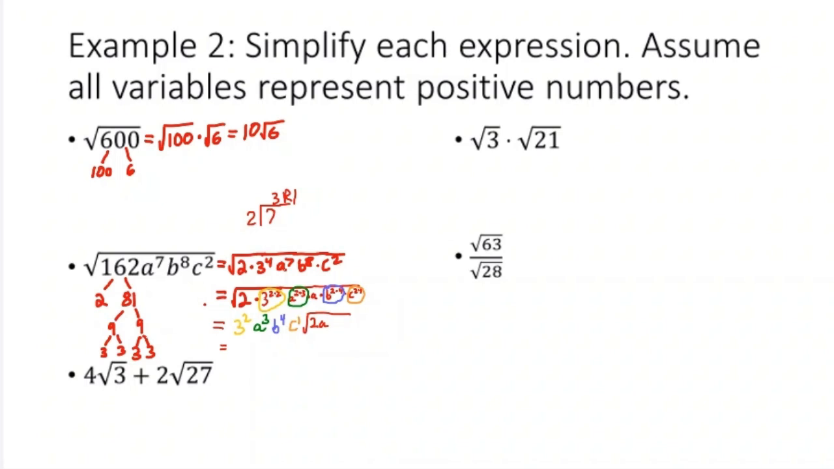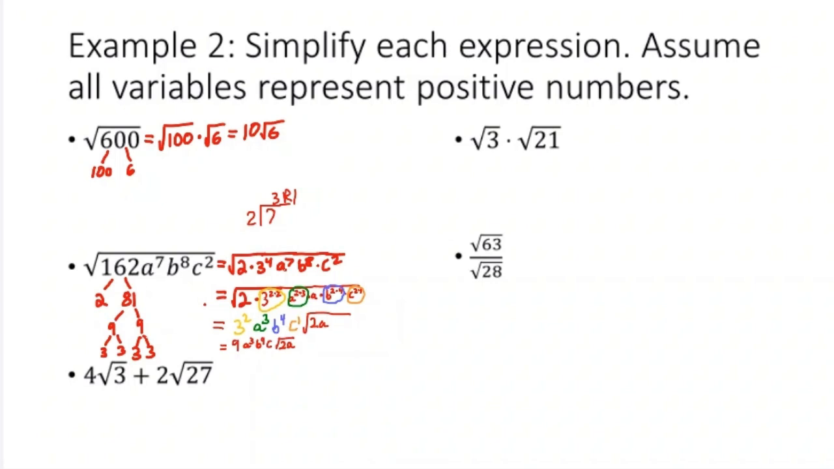3 squared is 9, a cubed, b to the 4th, c to the 1st stays c, and then the square root of 2a. And there's our answer, 9 times a cubed, b to the 4th c, square root of 2a. For the next problem, we're going to simplify 4 times the square root of 3 plus 2 square root of